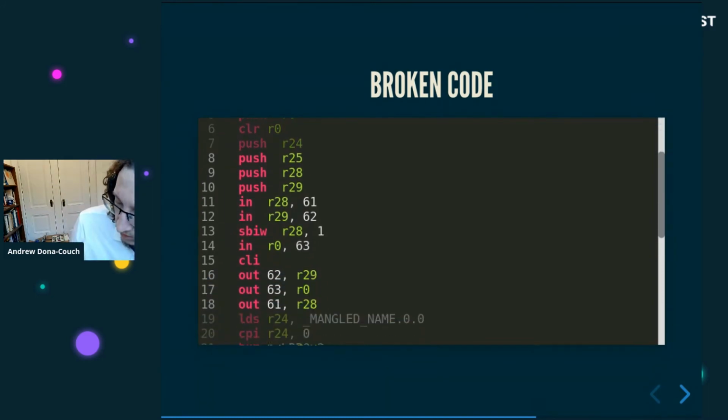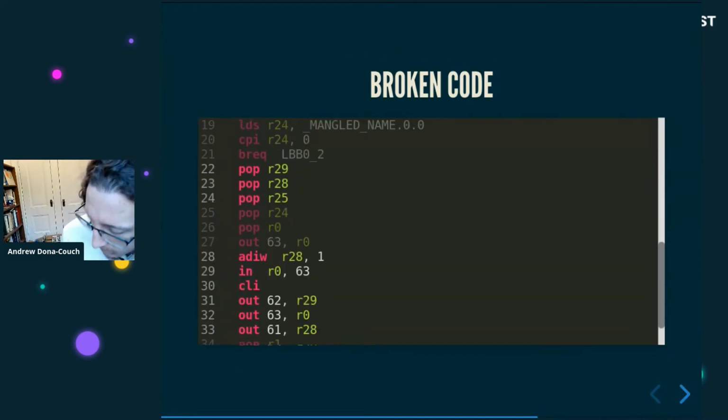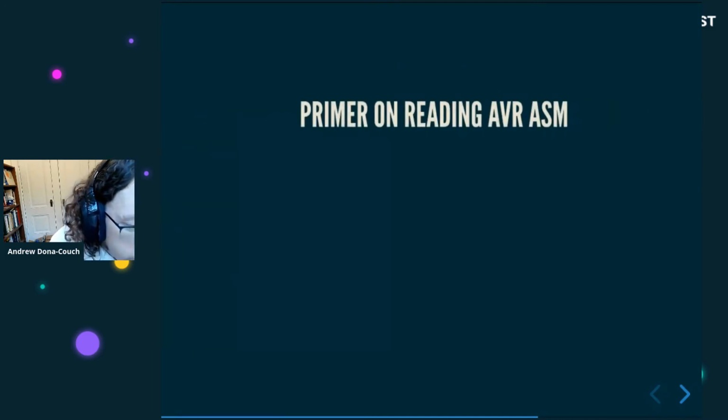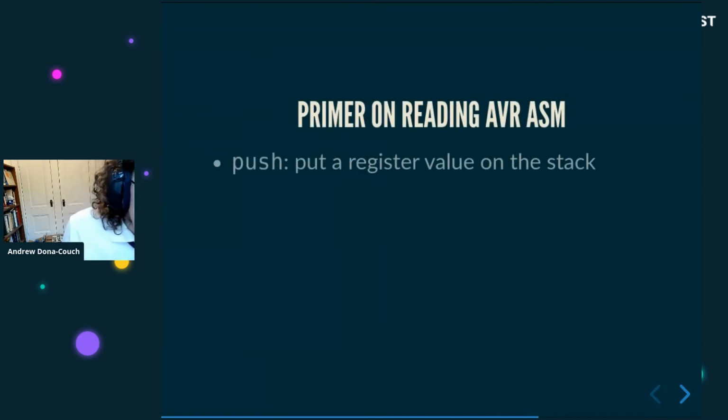In this first section, we push some things onto the stack, and then we do some ins and outs, and we'll go into exactly what this is doing a little bit later. Then we have a second and third section where we're doing some pops and some more outs. All right, let's walk through this, but first we need to get a little bit more information about how to